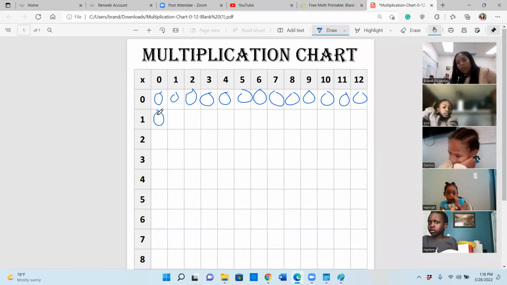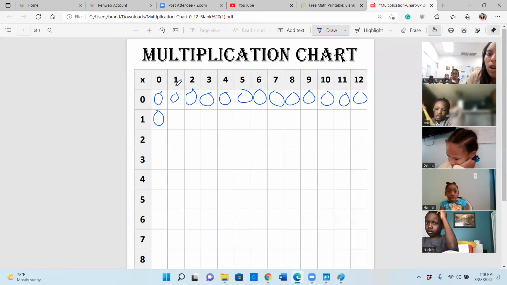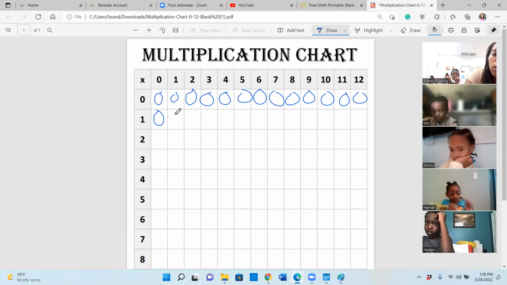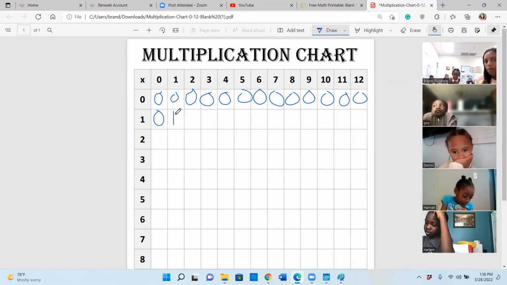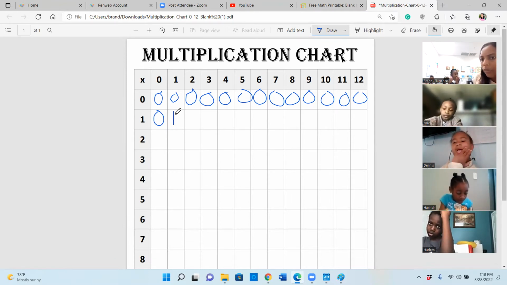All right, let's go to the next one. Now we're on 1 times 1 equals 1. 1 times 1 is 1. Finally, all of the zeros are done. It's only 10 zeros. Okay, are we ready? Next one. We're gonna do 1 times 2, which will equal